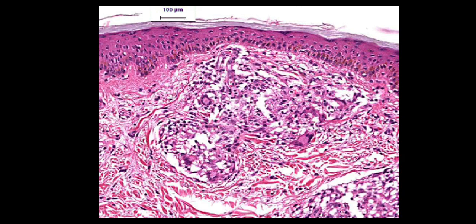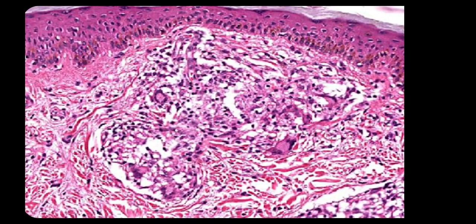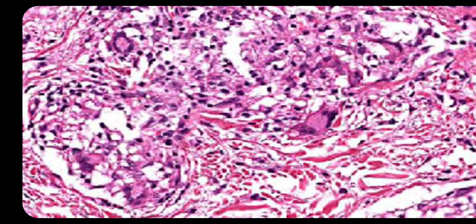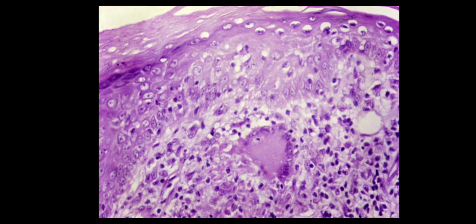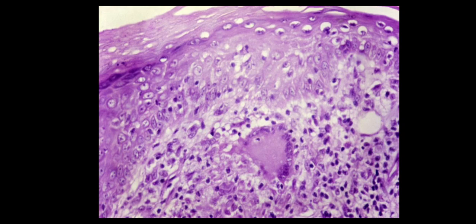So this is a section of skin wherein you can see diffuse infiltration, with granuloma which is seen around the blood vessels. This is the giant cell reaction. Here there are multiple giant cell reactions. This is a magnified view wherein you can see the giant cell reaction, and you can see some scattered lymphocytes. The bacilli cannot be demonstrated much, but at least you can differentiate the granuloma part.